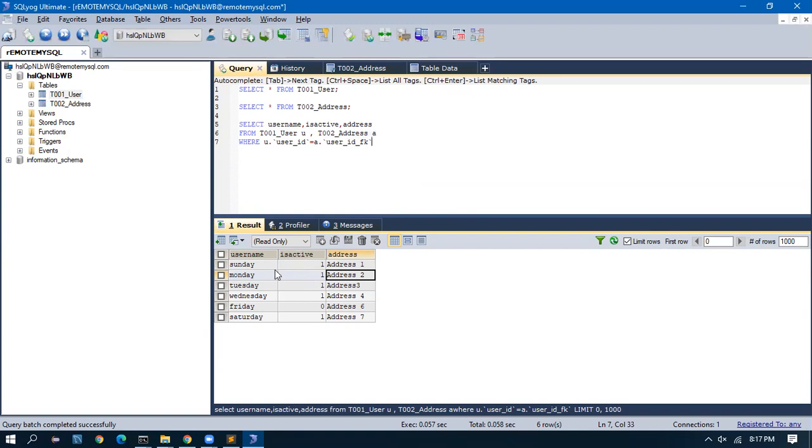Now if you see, I am getting all the records. How many records am I getting? 6 rows. I want to fetch only the active users. There I have to go and add is active equal to true, which means only the active users will be selected.